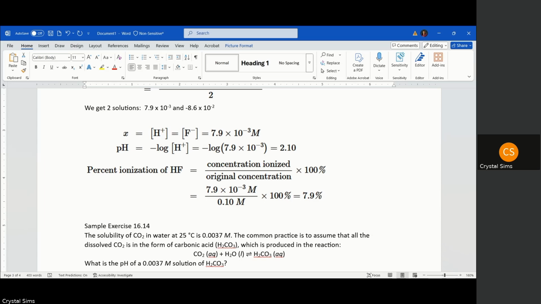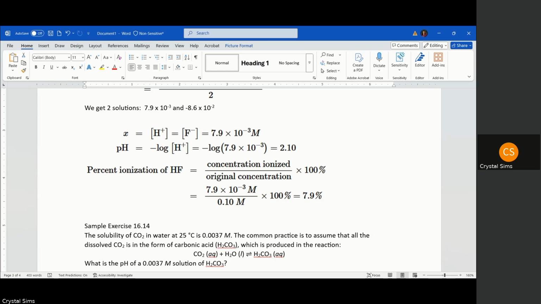Now, when we have more than one ionization, we have two acid dissociation constants, Ka1 and Ka2. And these are found in table 16.3 in your book, or you can find those values also in Appendix D. When we look at Ka1 and Ka2 for carbonic acid,